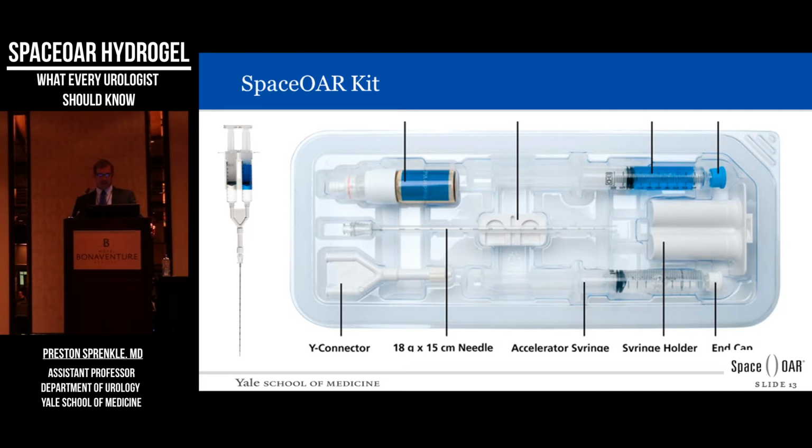So this is the kit. There is an accelerant. There is the polymer, which is mixed. It comes as a powder. You mix it up with the activator, and then put those two together. I'm not going to go over all the details, but there's also an 18 gauge needle here that's 15 centimeters in length for the application. It's relatively straightforward to put it together, and ultimately the kit, for those who do kidney surgery or work with some tissue sealants, is a similar kind of idea with 2 syringes that mix the fluid as it goes